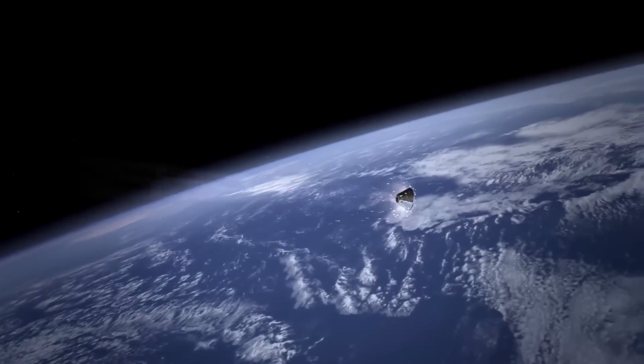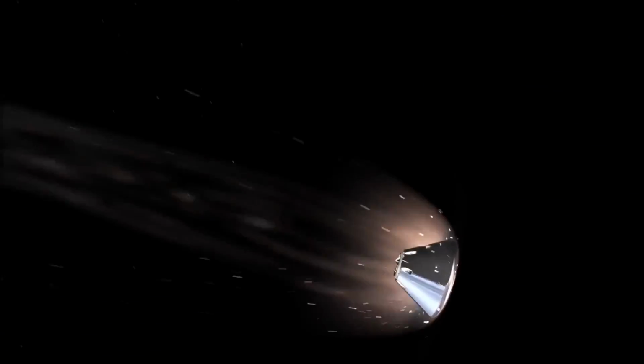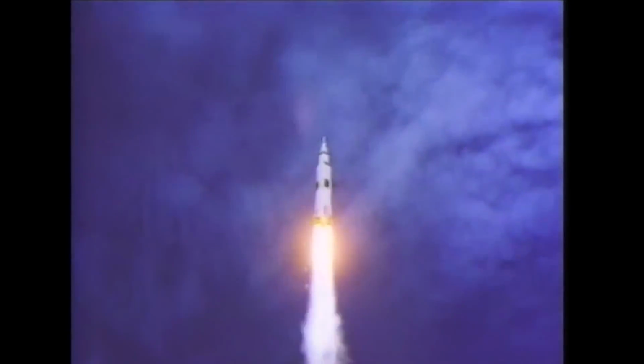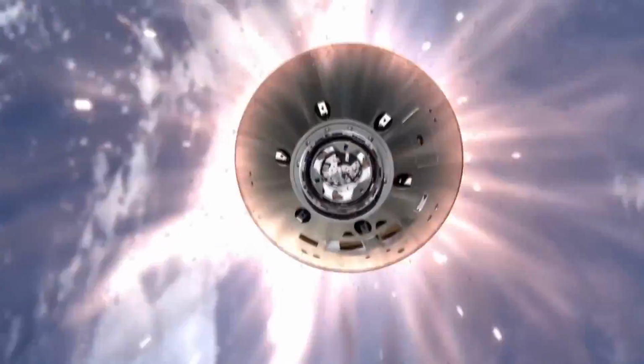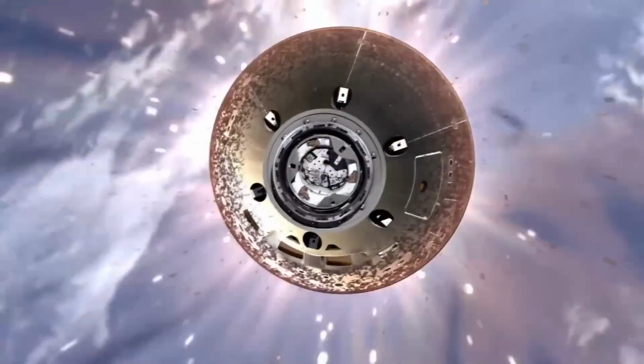If you do have an atmosphere, that makes it a lot easier, as the atmosphere acts as kind of a giant brake as you slow down. So you have your missions like Apollo that used retropropulsion when we went to the moon. When you're able to use the atmosphere, you have your heat shield on the blunt end of your spacecraft coming into the atmosphere, and then the parachutes will come out and slow you down the rest of the way to